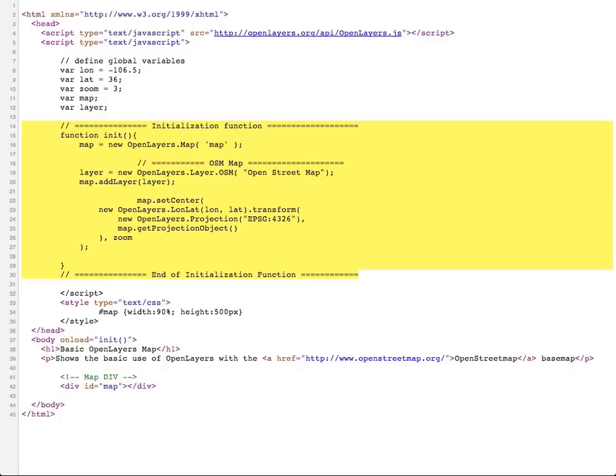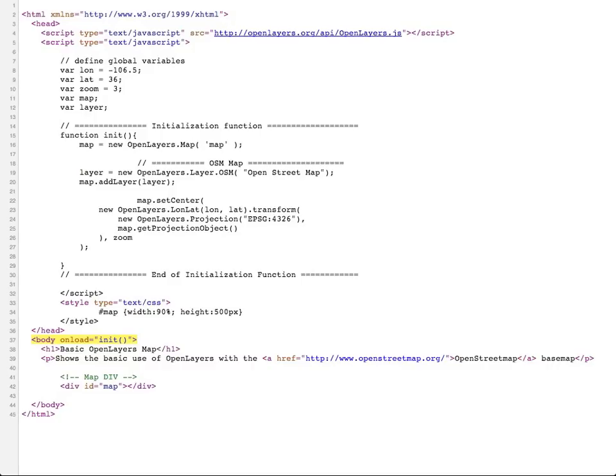So just like we did with Google Maps, we have a function that we define, and in this case we've called it init,